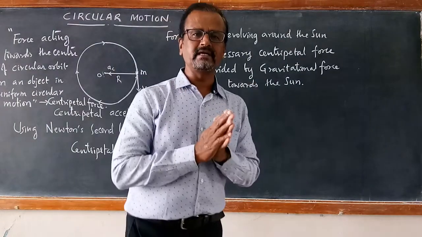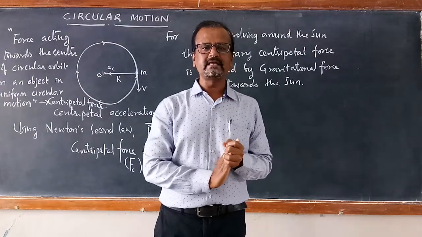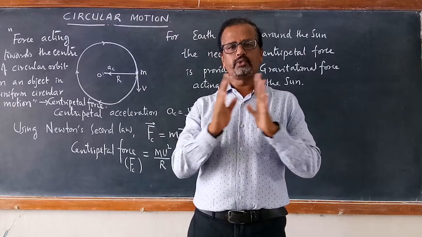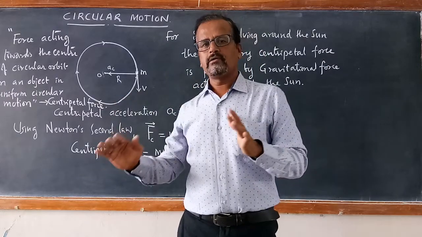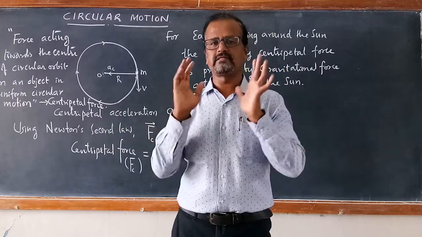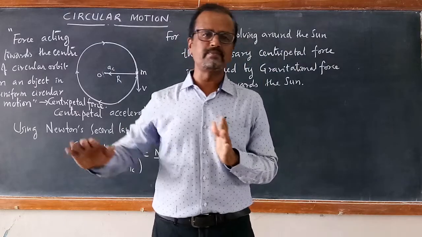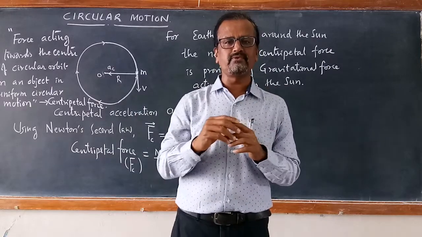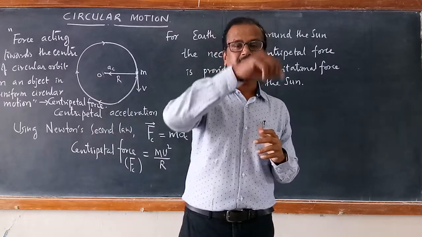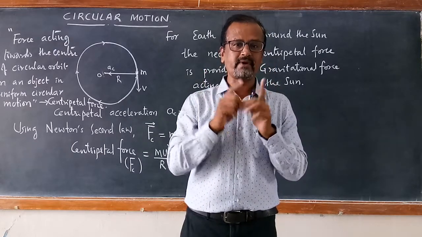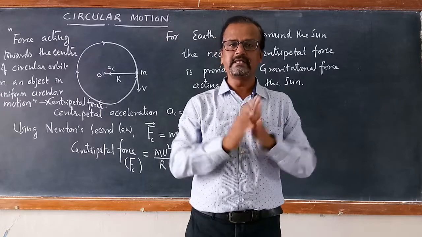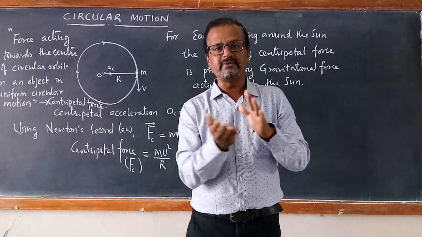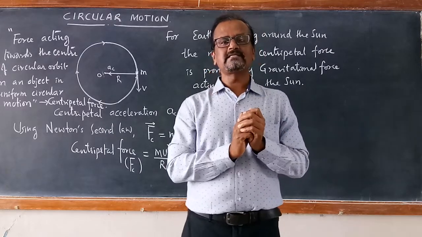Earlier we defined what is centripetal acceleration. Now we have defined what is centripetal force. With this knowledge, we are now discussing what happens to a car or a vehicle which is taking a turn on a circular path with some constant speed. So that car must be provided with some centripetal force acting towards the center of that circular path. And which is that force providing the centripetal force? We need to understand. It is definitely going to be the frictional force acting between the tire surface and the road surface, which provides the necessary centripetal force.